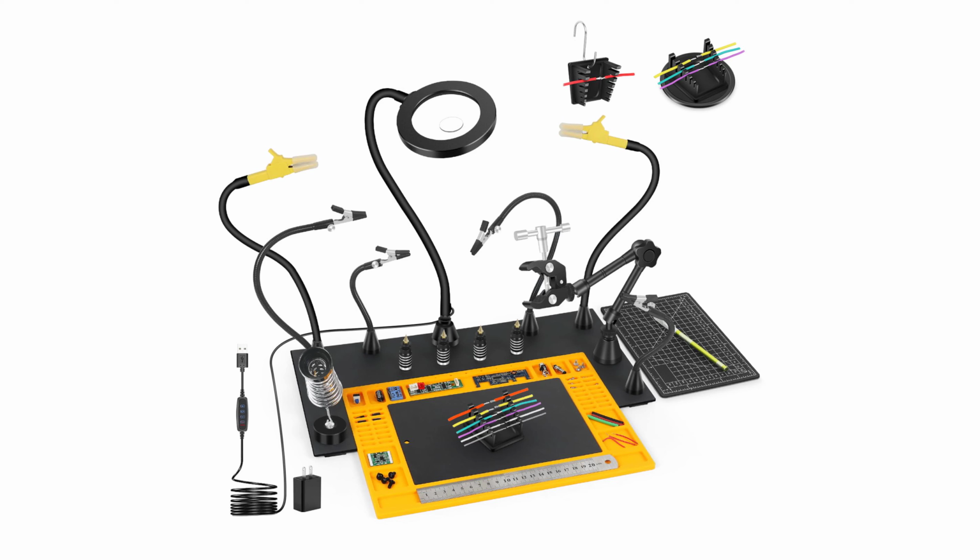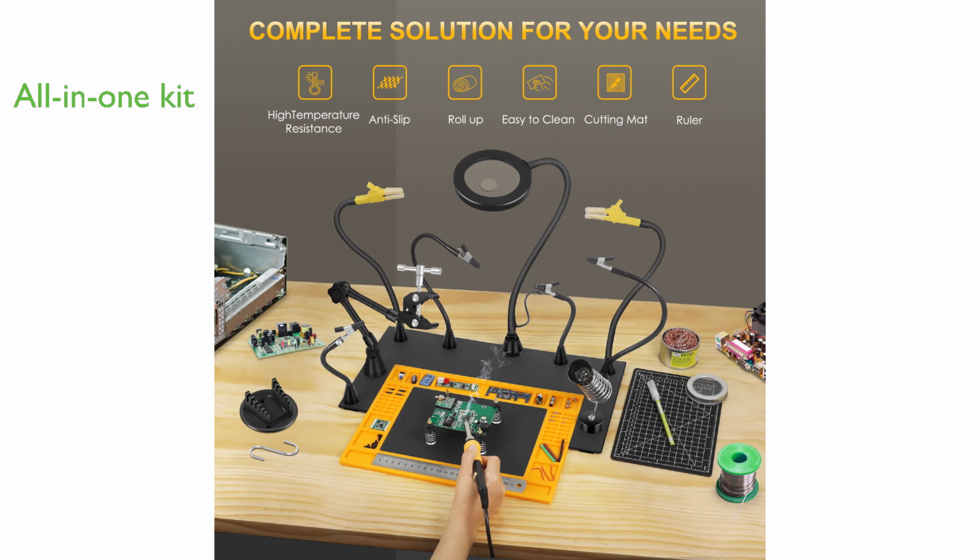The HH-100 model soldering station offers a spacious workspace that is about 25% larger than typical helping hand stations, complete with a combinable magnetic base and a heat-resistant mat. This all-in-one soldering toolkit includes over 10 practical accessories, making it perfect for various tasks such as soldering, jewelry making,